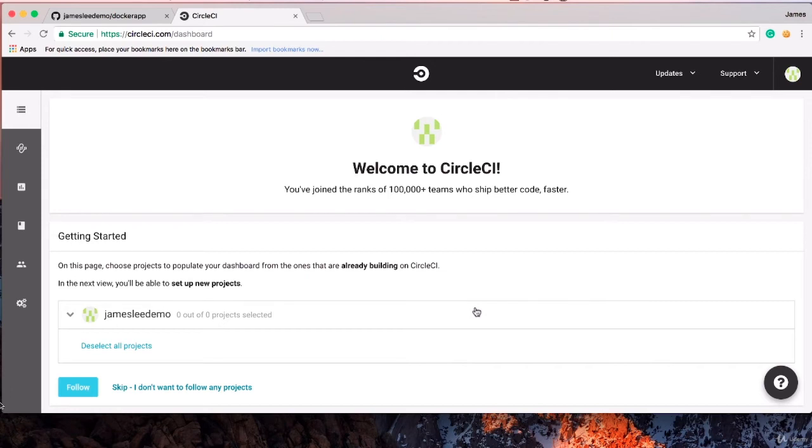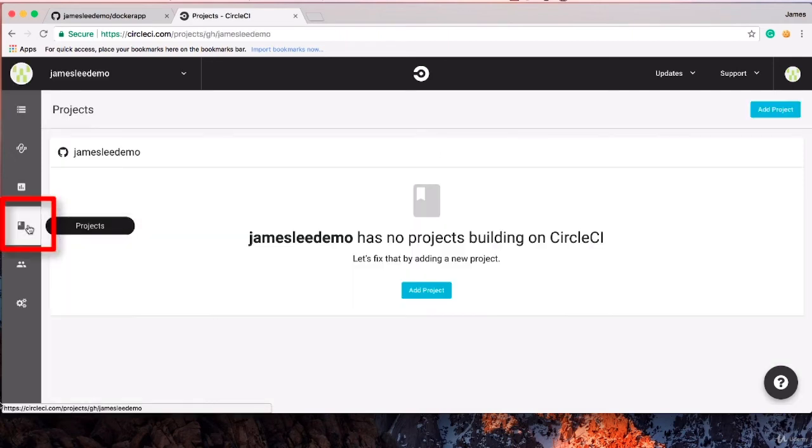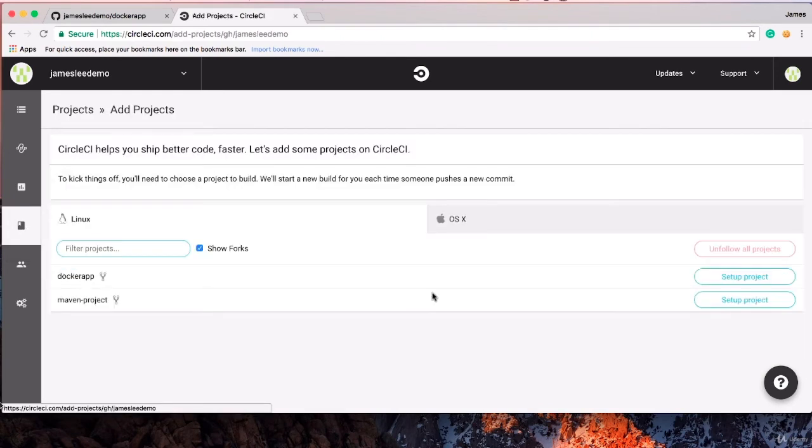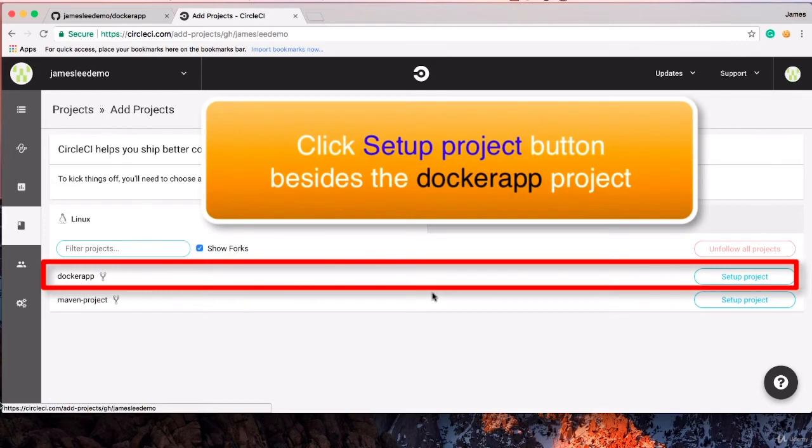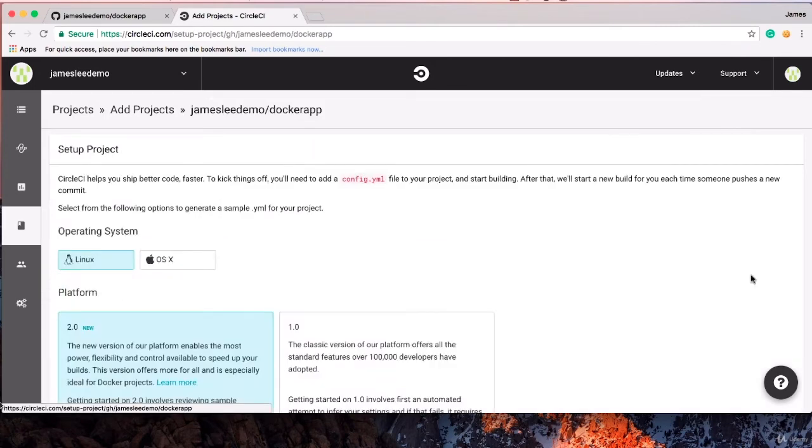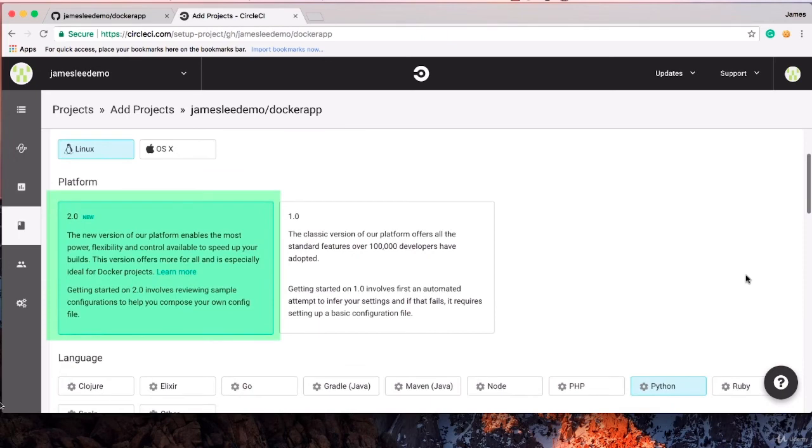Now we're inside CircleCI. What we're going to do is to add a new CircleCI project to run our tests. Click the Project tab, then click Add Project. Now, we go with the default options. We'll be running the test in Linux containers, and we'll go with CircleCI 2.0. Then we scroll down